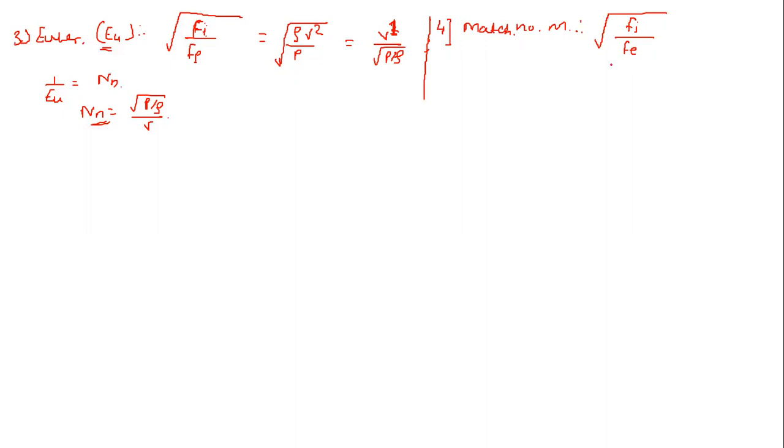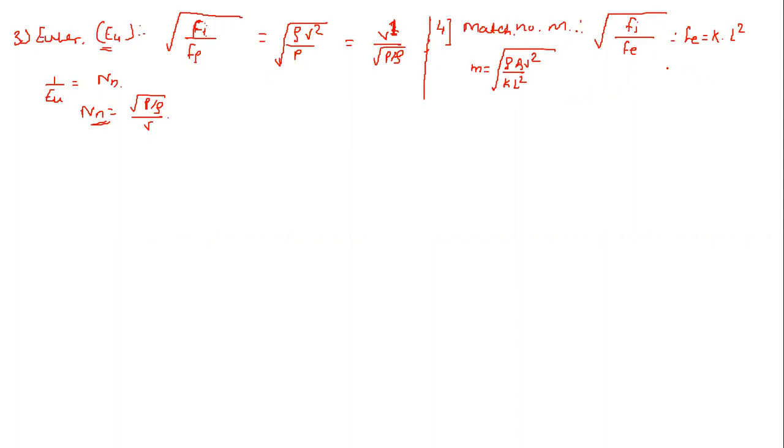So elastic force we know, that is the elastic stress into the area, and elastic stress is nothing but the bulk modulus of elasticity. Okay, so I would like to write in short, elastic force is equal to bulk modulus of elasticity K into the area. So area is nothing but L square. So K L square we can write, that is, Mach number M is equal to the inertia force we know, rho A v square, divided by K into L square, all in a root. Okay, area we have considered as L square.